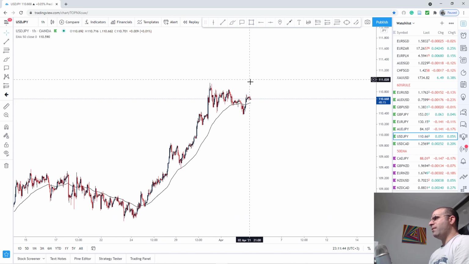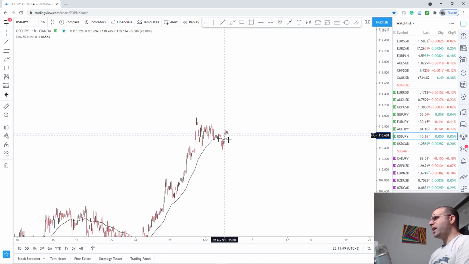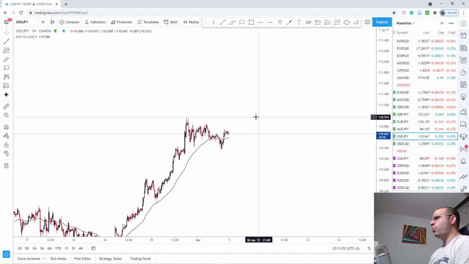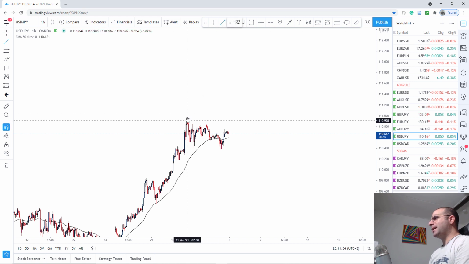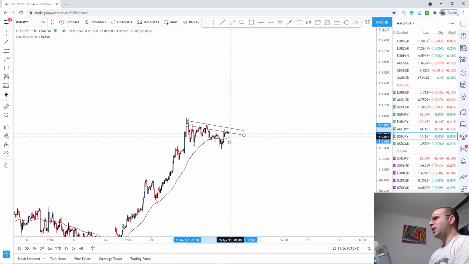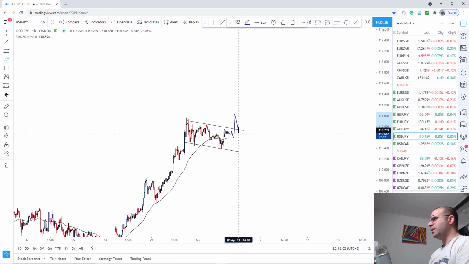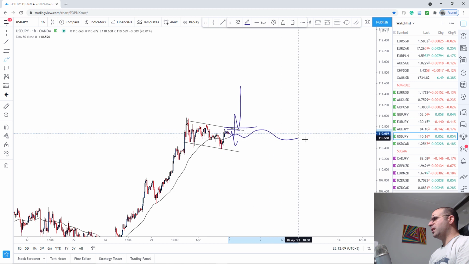In the short term, we have this uptrend, we have a fake out below the EMA on the 1 hour time frame, and as I can see over here, if I draw those lines, this is the perfect flag pattern. It is very likely that we see something like that above, then placing the pending order over here, and then we go. Or we can of course, let's draw the 50 EMA, we can of course see something like that,